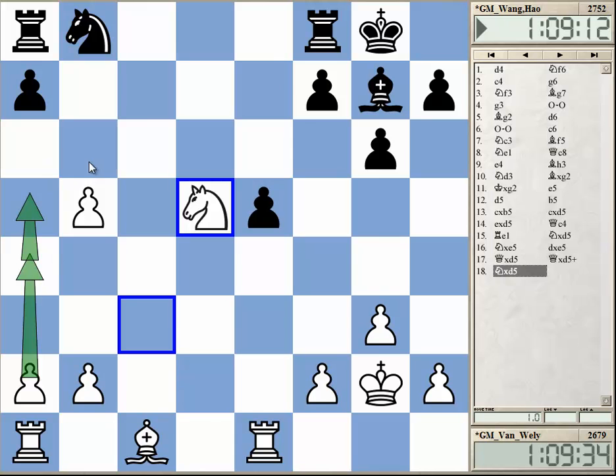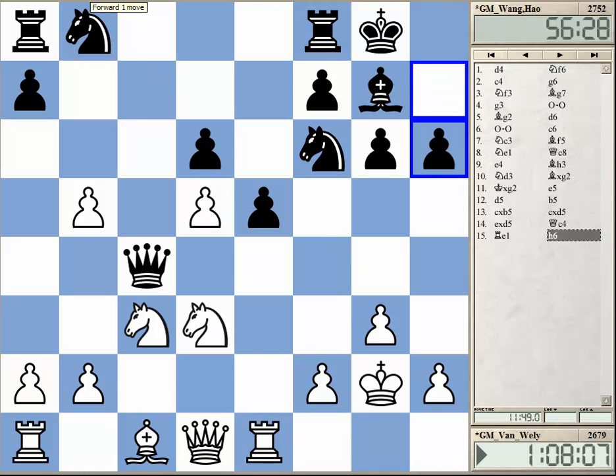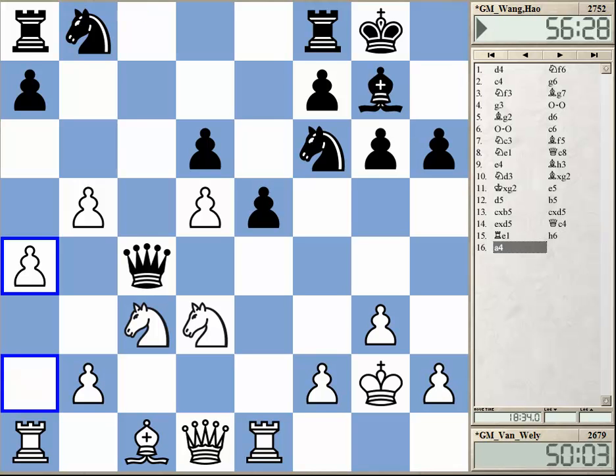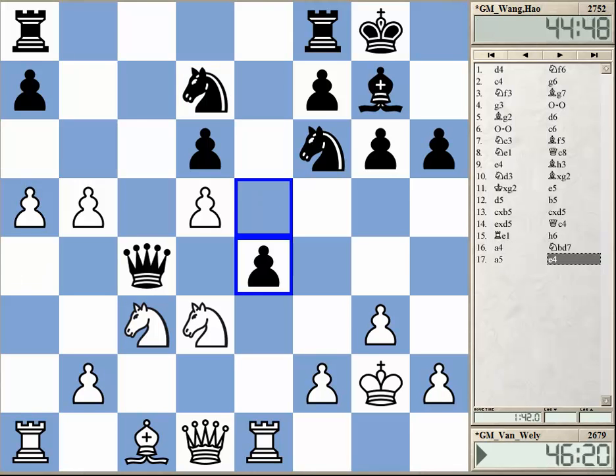White will push those pawns and promote on the queen side. This is why black cannot take now, and played some slow move, h6. And yeah, it's still the same, he cannot take. And white simply pushes the pawns, and also has got